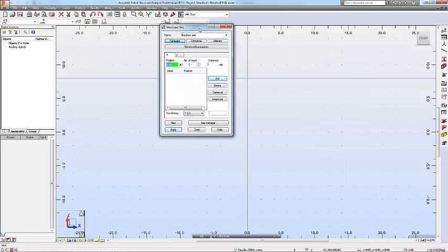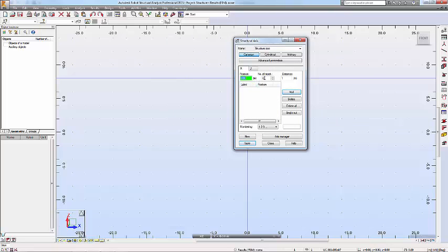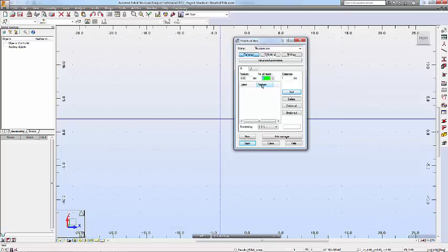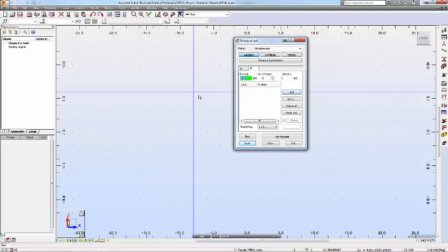Then we need to define how many repeats you have for the x direction. We have 3 bays in total, so we put in 3, and the distance is 5 meters each. After finishing, remember to click on add, so this gets added into the column system. For the next step, to build up the structure, we click on Z, which is the vertical direction, and here we have 4 repeats